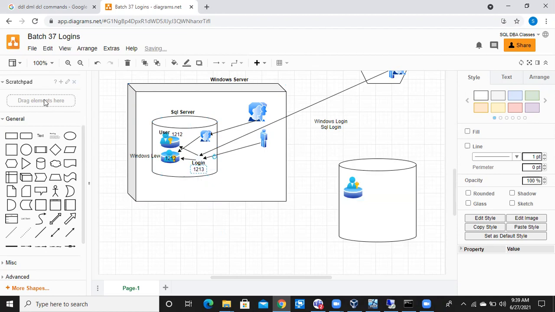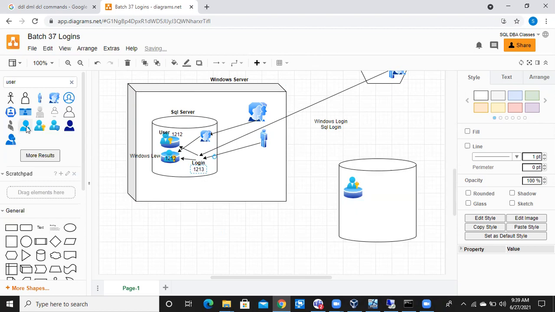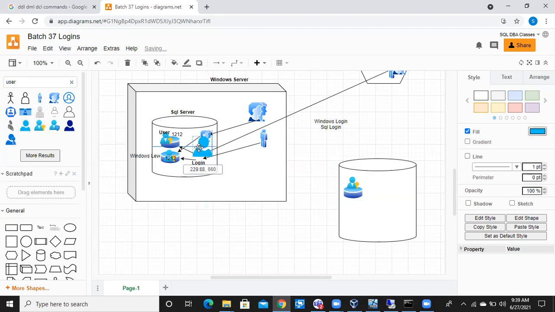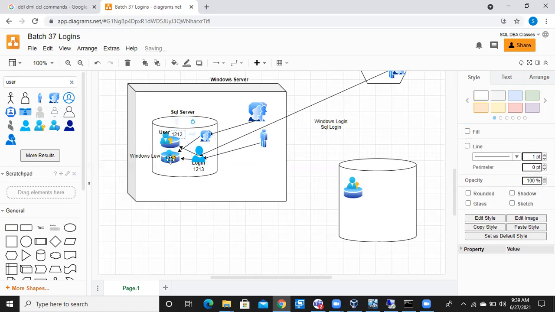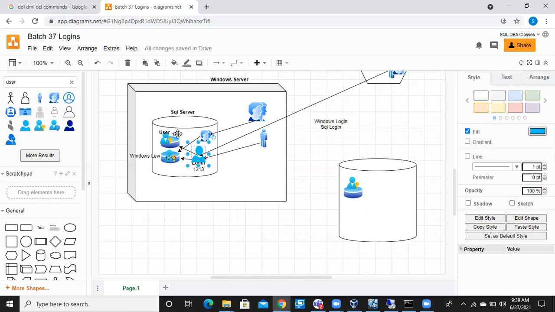Using the SID. So the new login SID, Anil's SID, is 1213, whereas in the database the SID is still 1212, which is not matching. So even though you create a new login with the same name, it won't fix the issue. Is it clear or not?